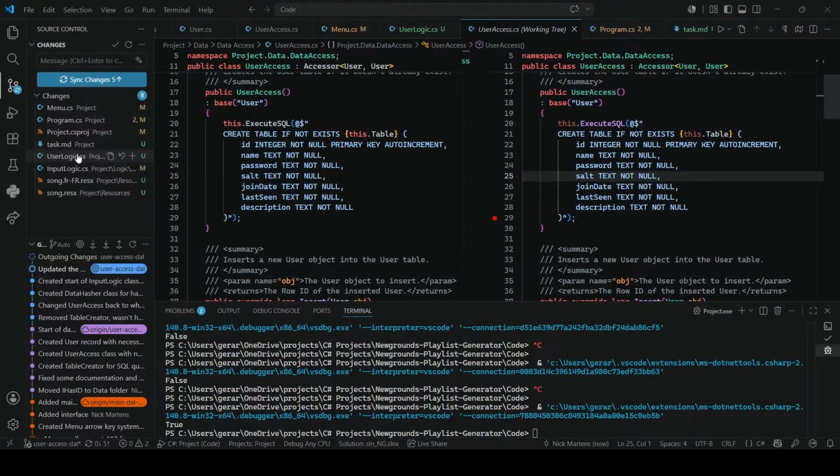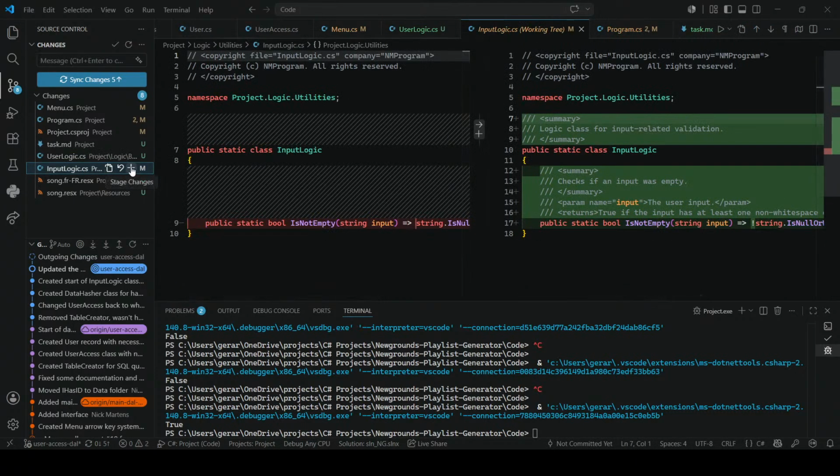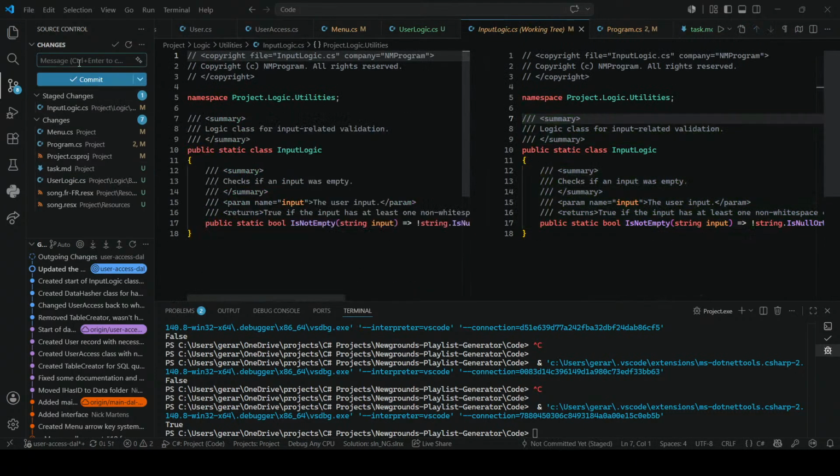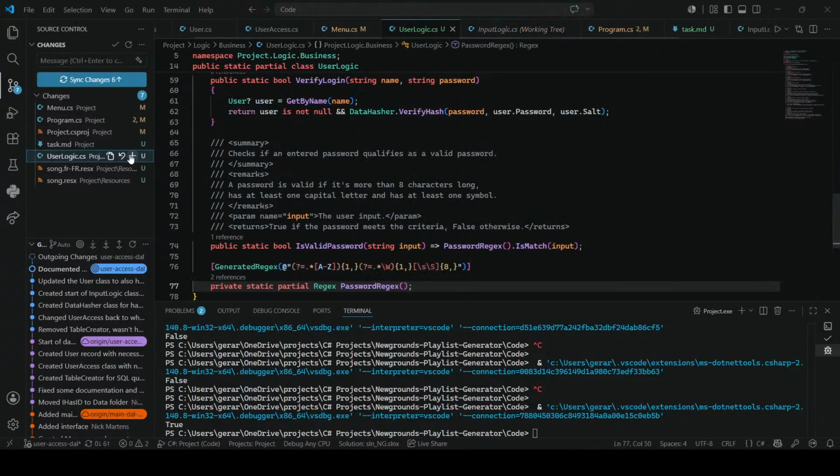Okay. Now documented current input logic class. And then created user logic as with